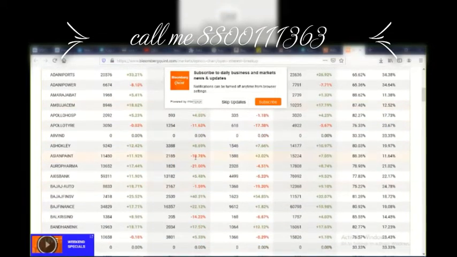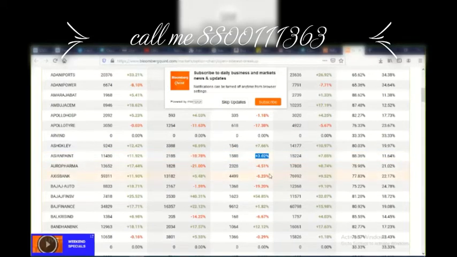See what happened in call open interest change percent. Call open interest change is reduced almost minus 10%. Let's say I'm talking about Asian Paints, 11.92%. Call open interest is decreased, put open interest is increased, but here the put open interest change is only 3%. I am talking about a minimum 5% change on either side, so I will not take this one. I will take the one where at least 5% open interest change is there on both sides.